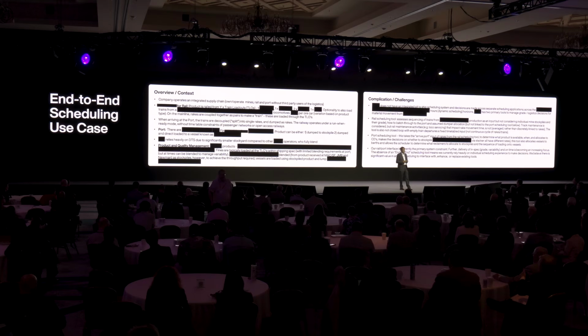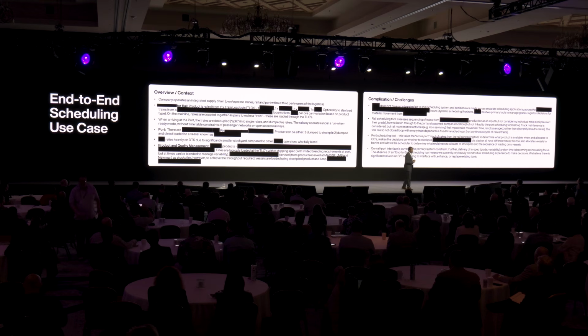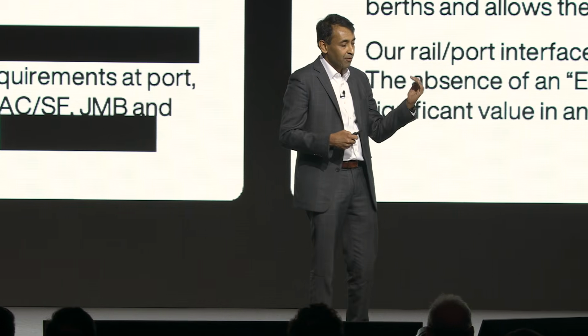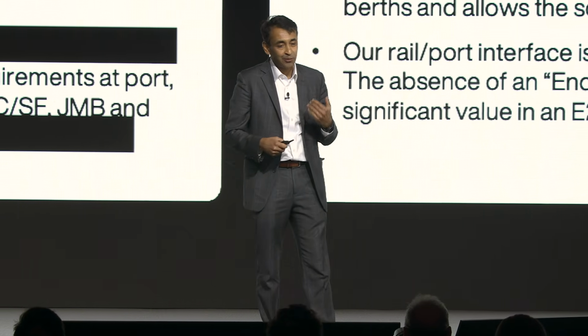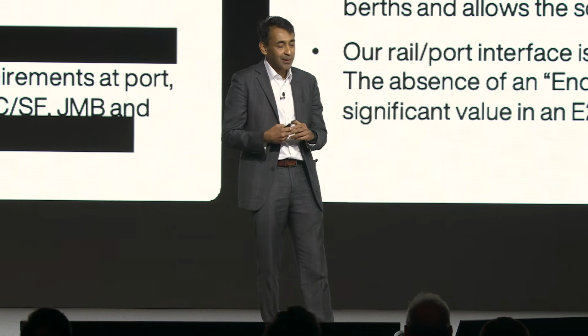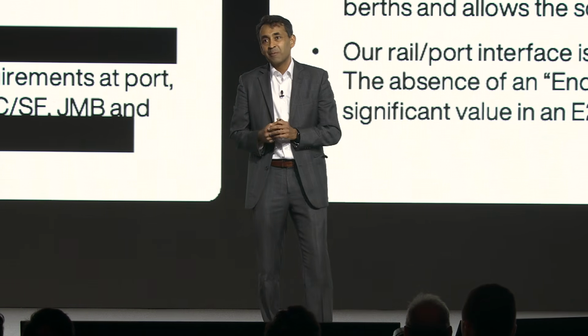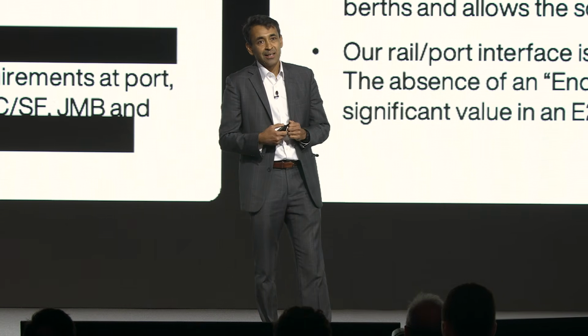Last, I want to have one more shout out to C3 Code. And I'm going to talk about a real use case that we got from a customer. This is redacted because I didn't want to share some of the details here. But this is a company that runs an integrated supply chain. They own mines, they own rails, they own ports, third-party users of logistics. They have a few bullet points about their ports, a few bullet points about product and quality management. And they're really trying to manage this logistics network. And they have 4 bullet points about their complications and challenges.